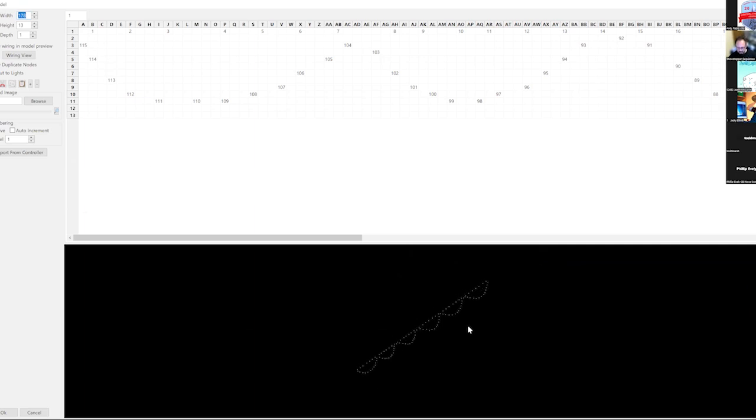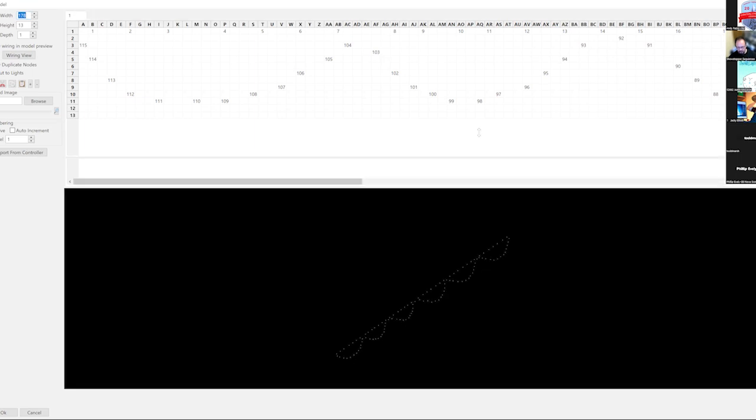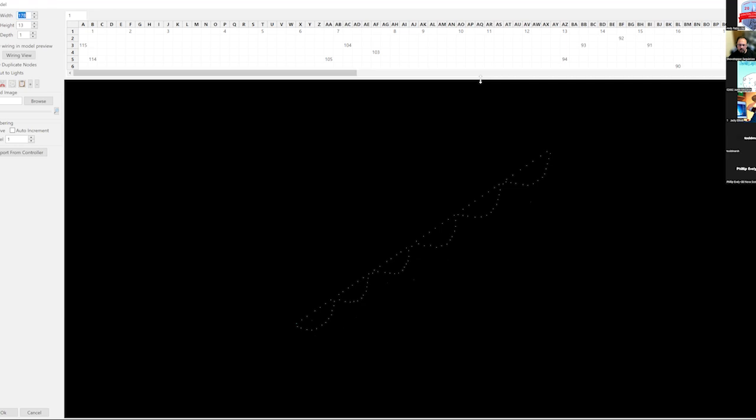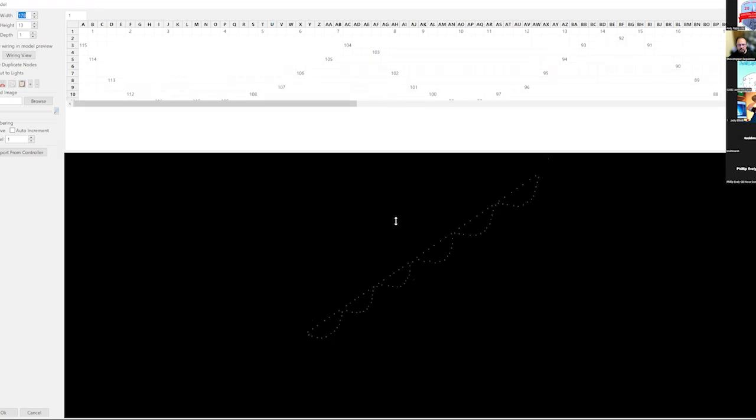Again, I know these little white dots do not show up that well. I'm going to try to make it a little bigger for you. You'll see the dots go up there, and then it swoops back down,